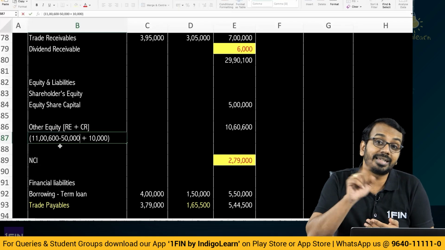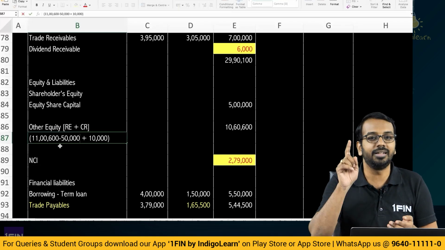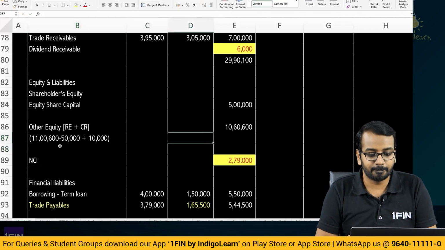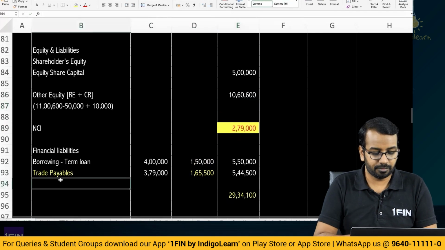Sir, what about dividend received from A Limited? See, dividend received from A Limited is reduction in investment. It is not a profit and loss item. I hope you are clear with that. Okay, so that will become 10,60,600. Then we have dividend payable